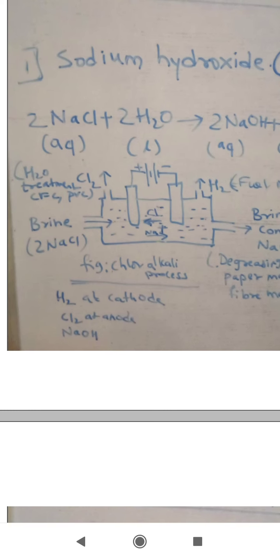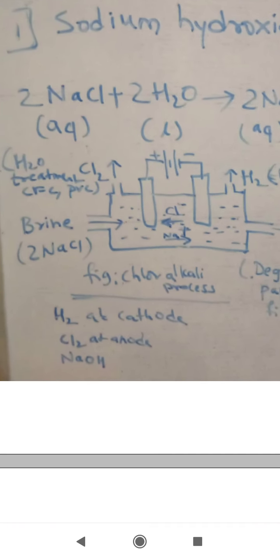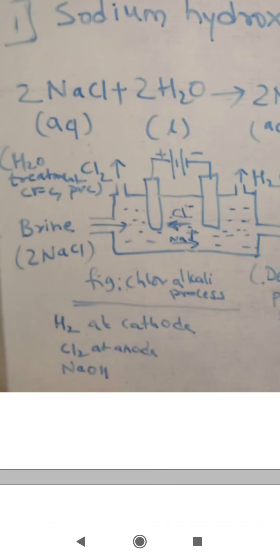This chlorine which is coming out from the container will be used for water treatment, in swimming pools. This chlorine is put in so as to clean the water. It should become free from germs. It is acting as a disinfectant. It is used in polyvinyl chloride preparations and also in CFCs, chlorofluorocarbons, and this chlorine is also utilized in pesticides.